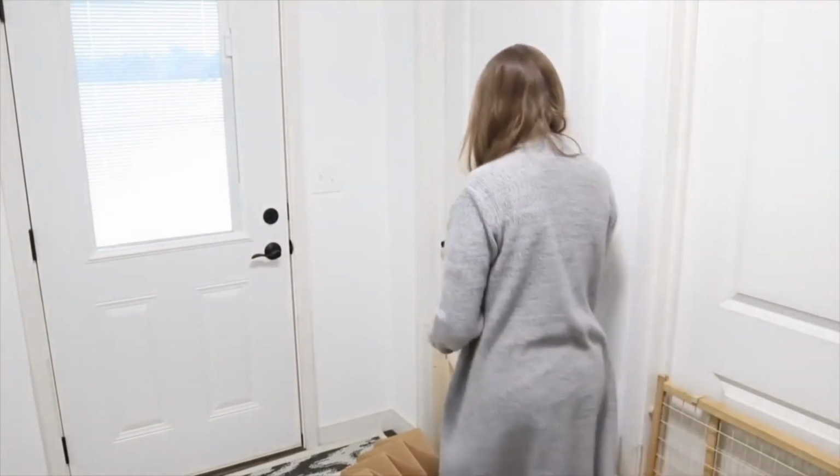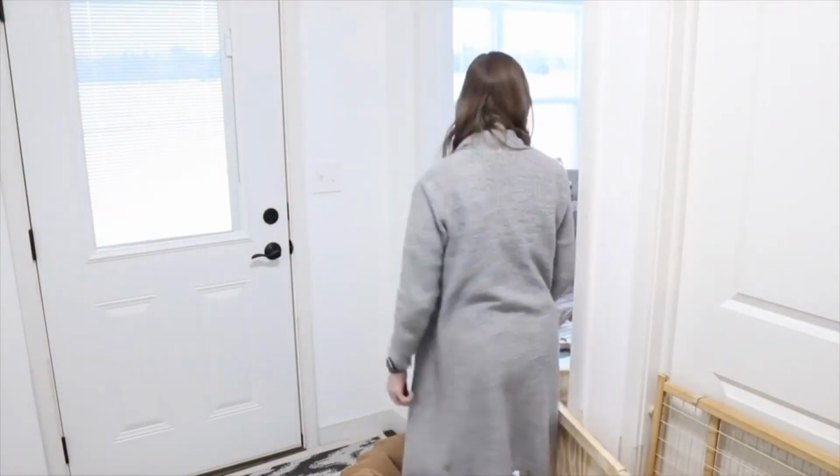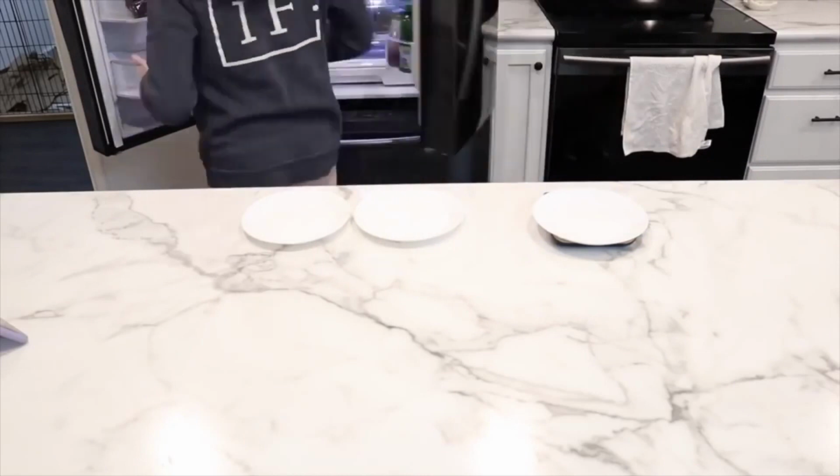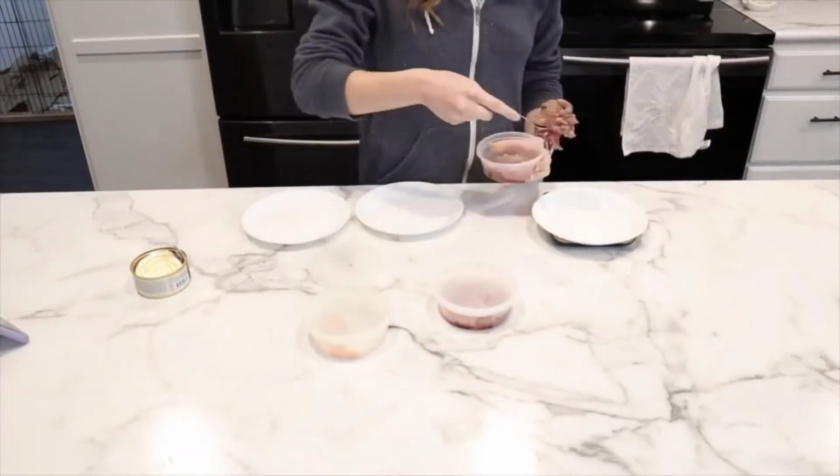And then when I come home, I check on the bunnies and I let out Sterling and Ebony so they can come play again. And now it's time for nighttime again, so I feed the cats, kind of the same thing as in the morning. I just go ahead and spoon out all of